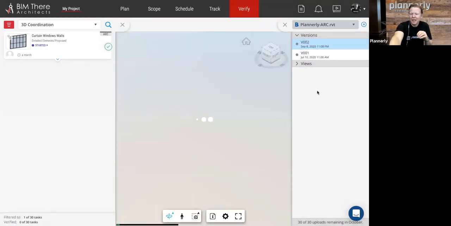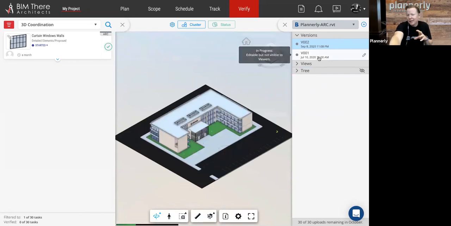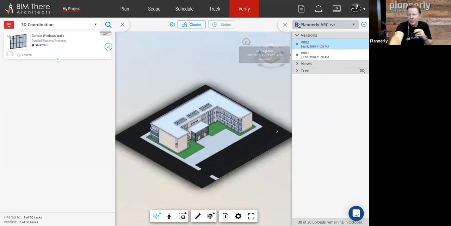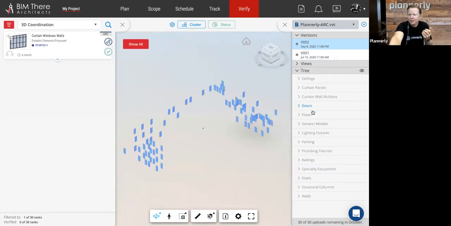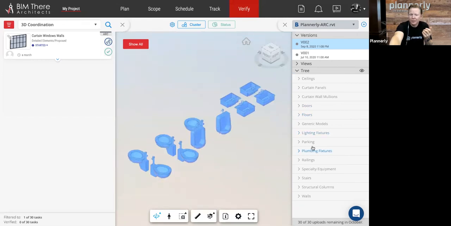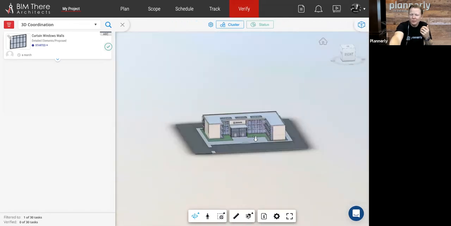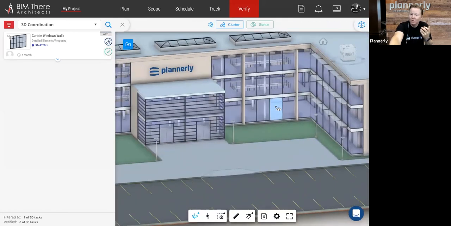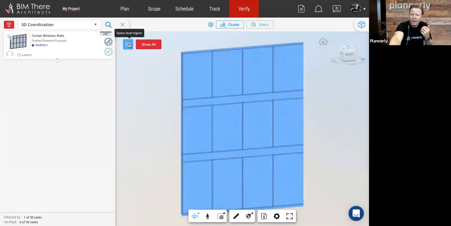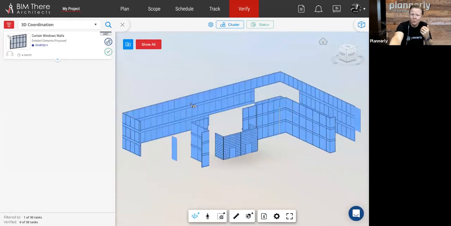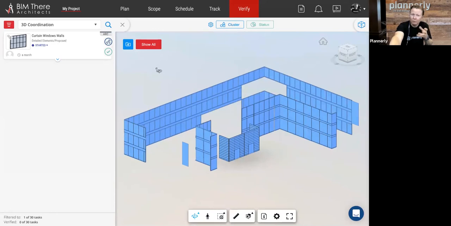On the right-hand side, you can see the model versions that will be synchronizing with BIM 360, and we can see all of the views and all of the content and the doors and the floors and the lighting and everything else. As I'm working on this, when we're ready, the curtain walls is what I've been working on. If I select and show these are the curtain walls that I am ready to say are ready to review, I can link them to that original task, and I can simply say, now they are ready for review. And that's it.